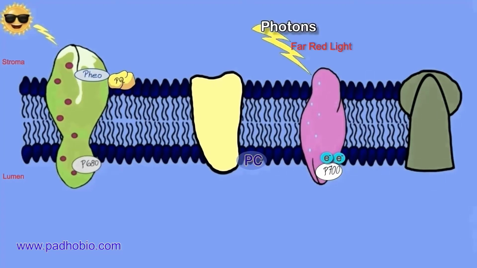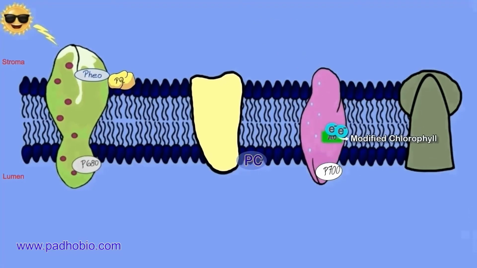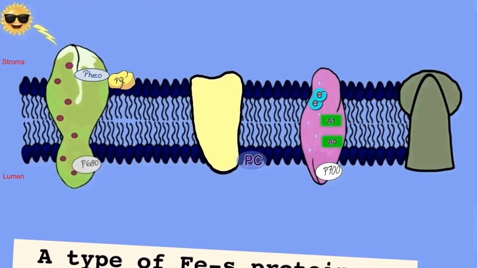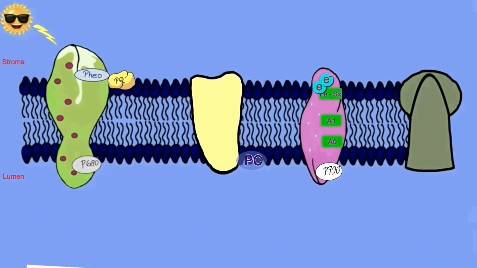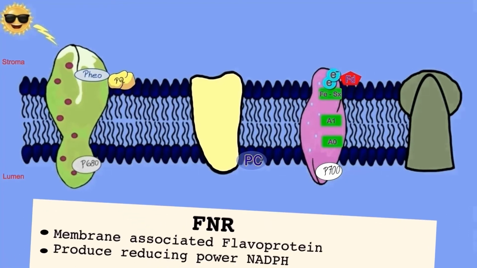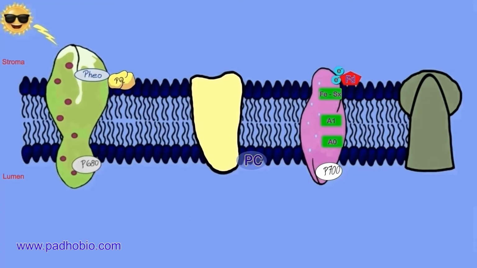So upon receiving light, photosystem first becomes oxidized and transfers its electrons to A0, that is modified chlorophyll, then A1, which is phylloquinone, and then to the FeSX center, the iron sulfur center. Then finally electrons reach ferredoxin, which is attached to the membrane, and it gives these electrons to FNR, a flavoprotein, and it gives these electrons to NADP, which is present nearby, to produce its reducing power known as NADPH. So that's how the formation of NADPH takes place in the light reaction.